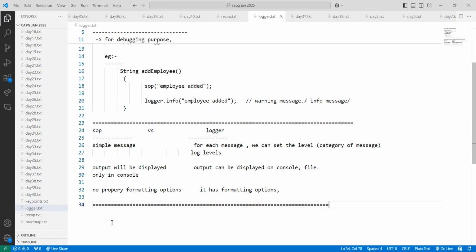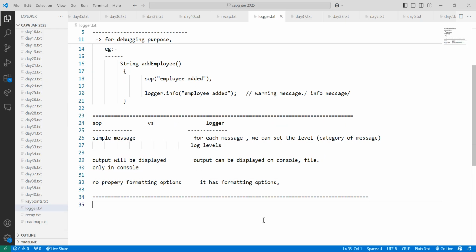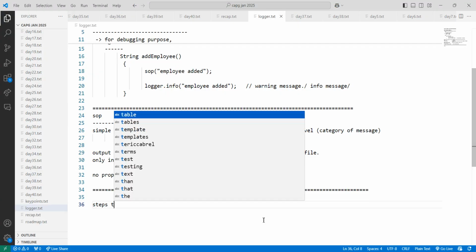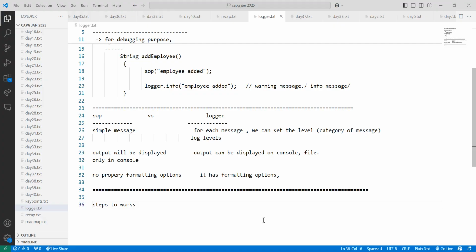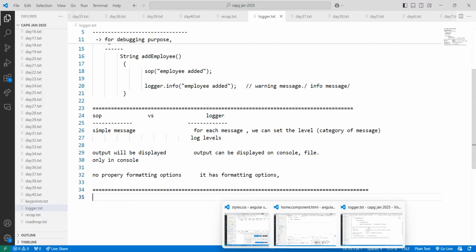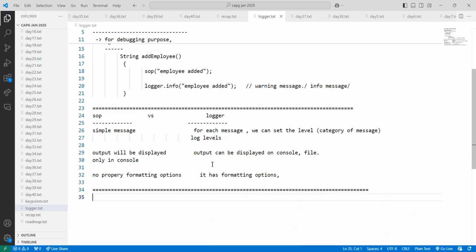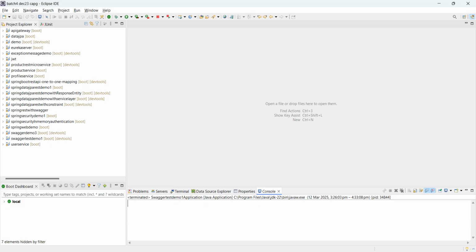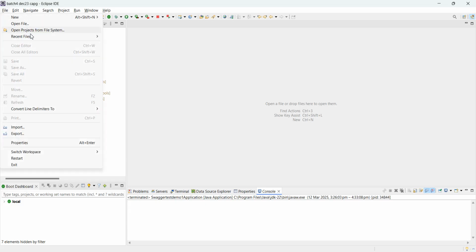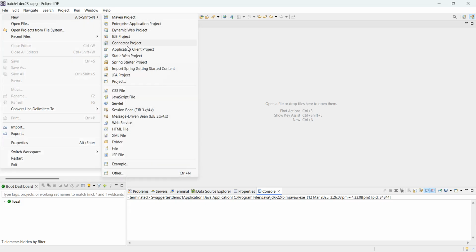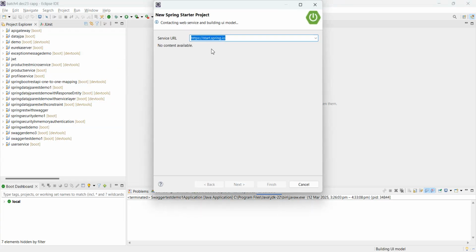Now I will take a Spring Boot application and try to add a logger. I guess there's no need to tell a lot of steps, I'll go directly to the practical. Let me create a new Spring Starter project.